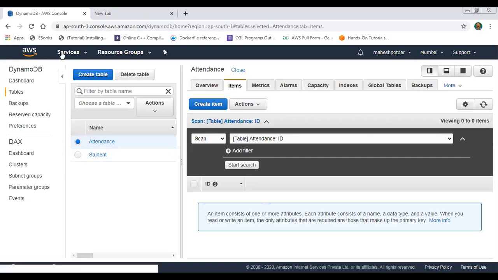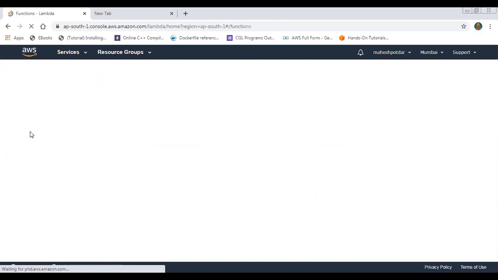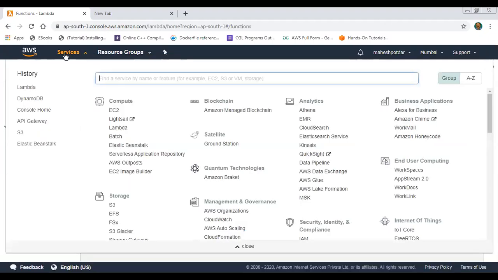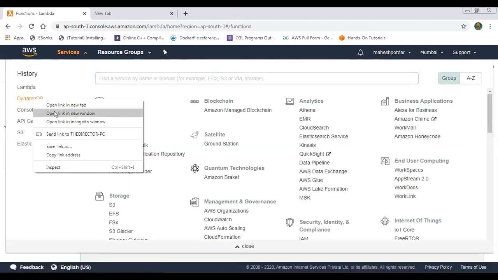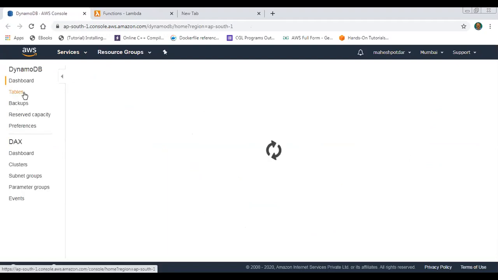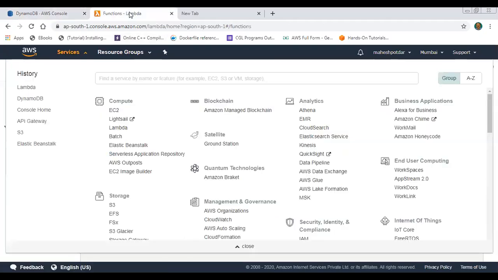So first is the DynamoDB table, attendance, and then the Lambda function.